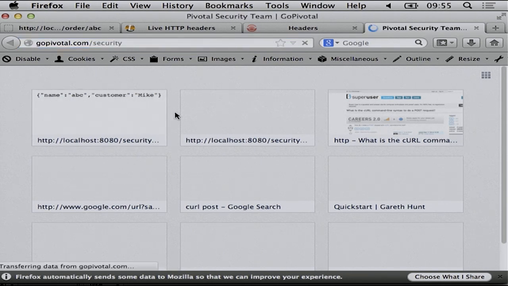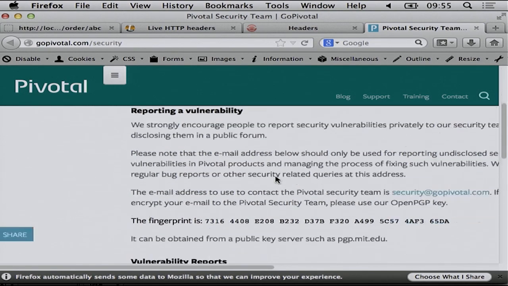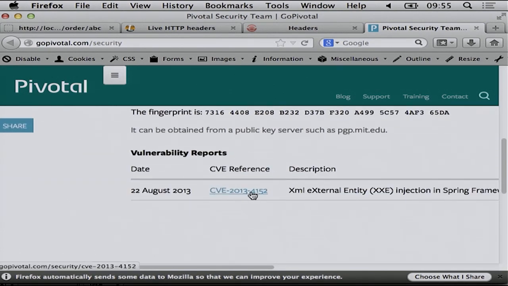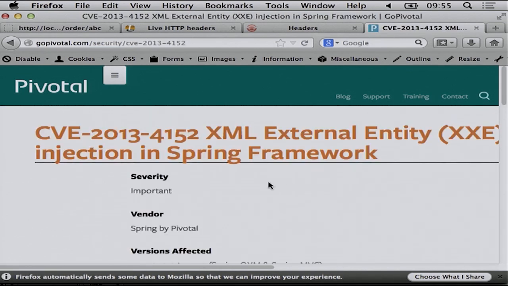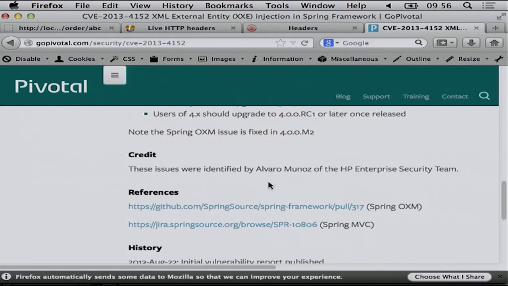And by the way, how do you get that information besides attending my session? Go to pivotal.com/security, I think that's a new URL now. That's the Pivotal security team, and check out that web page. And here we have XML external entity. That is exactly what I showed you right now.